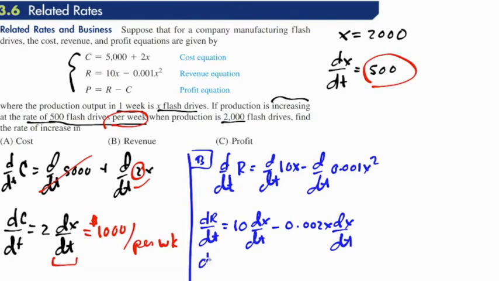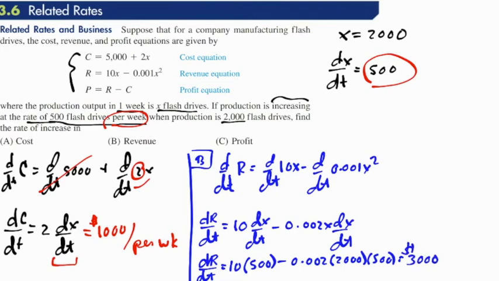So we can say that dR/dt is equal to 10 times 500 minus 0.002 times 2000 times 500, and that gives us 3,000. So revenue is increasing at $3,000 per week when production is at 2,000 flash drives per week,